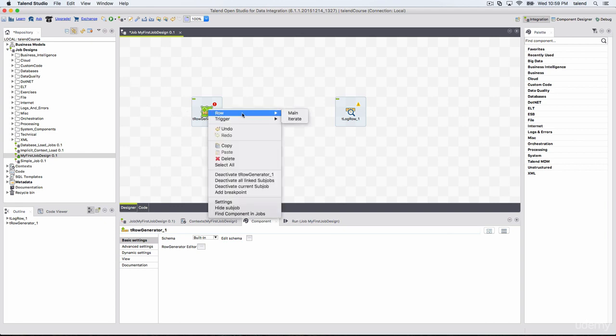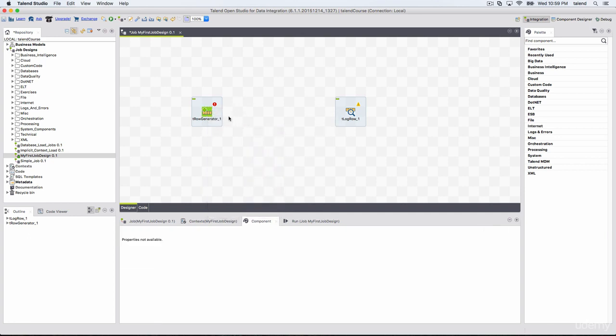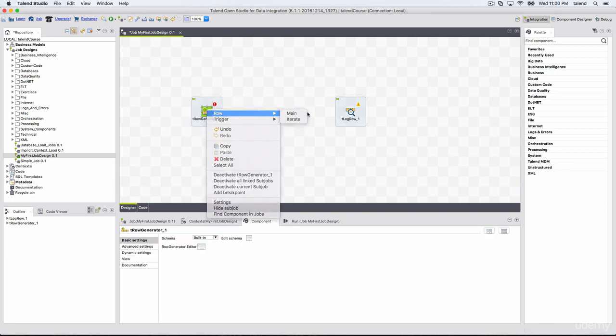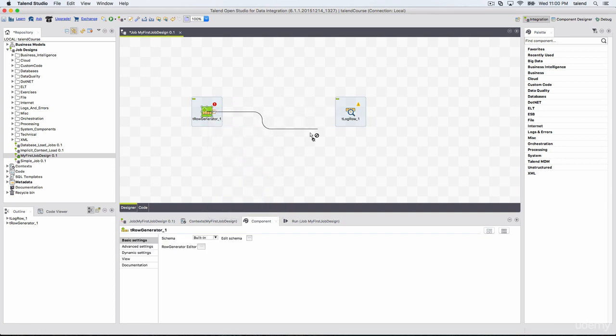You can right click, Row, select whatever connection you want to make with your target. I will be using Main. We will discuss in the next lecture what the different types of connections are, when they are used and all. But for now, let's learn how to connect different components. One way is to right click on the component, not on this. Instead, select this and right click, Row, Main, and your mouse will hover, just go onto the target component.